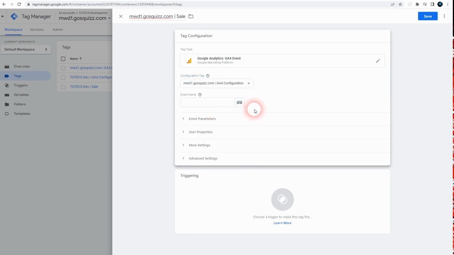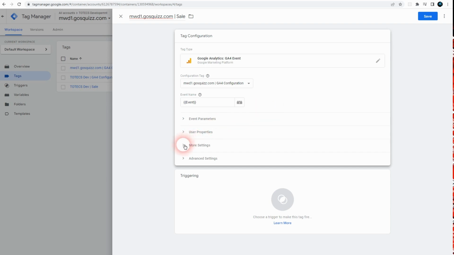Right, next in the event name field, we want to put in the name of the event that will then cause Google Analytics to be able to handle and push across this data. We need to put in a placeholder that will mean whatever the event is defined back in the Totex platform for the order, that's the name of the event that's going to carry through to Google Tag Manager and onto Analytics. So if we use these double curly brackets and the word event, that will put in a placeholder. Then it will allow this ordering event to be picked up correctly.